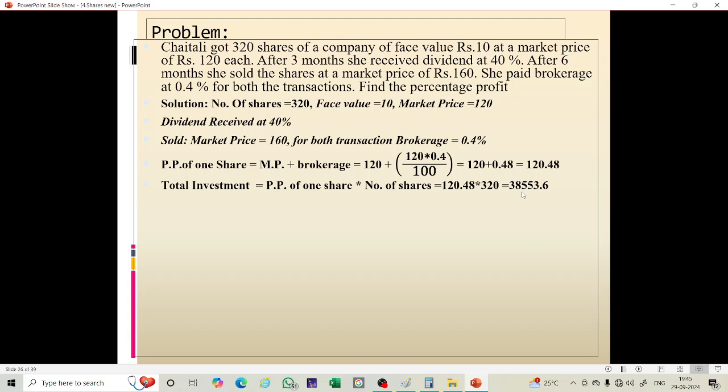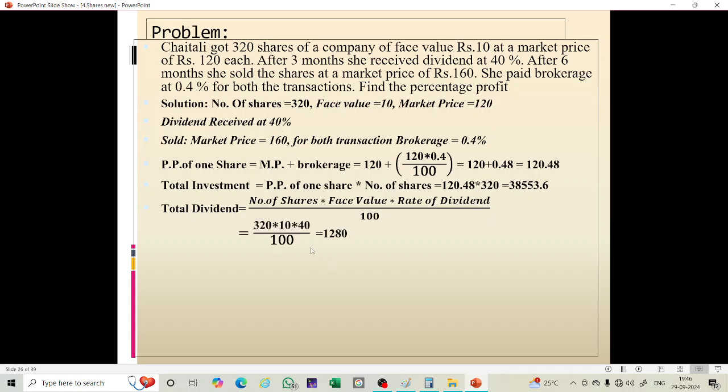From this we get 38,553.6. This is the total investment. Now after this we have to find the total dividend. Total dividend is nothing but number of shares into face value into rate of dividend upon 100. The number of shares they have given is 320, face value also they have given is 10, and the rate of dividend is 40%. So if you use all these values here, we get the total dividend